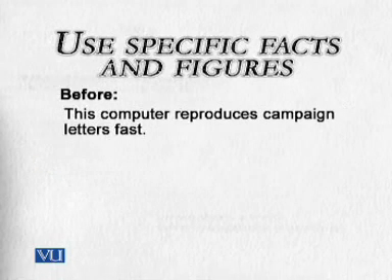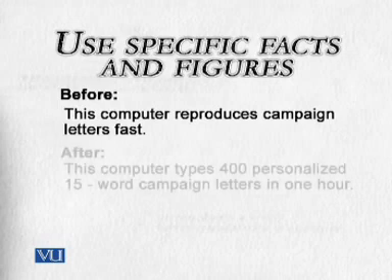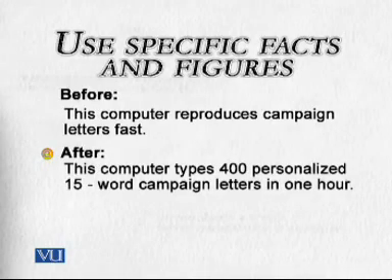Second example, please. This computer reproduces campaign letters fast. The word fast does not tell us how fast. Let's take a look at its better version. This computer types 400 personalized 15-word campaign letters in 1 hour. Now you see, the number of letters and the speed, the fast factor, is given, and this is how we made the sentence more concrete. My dear students, words like